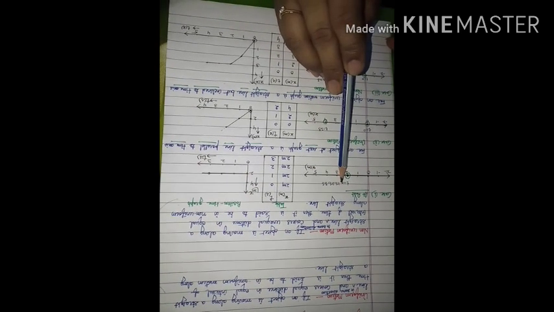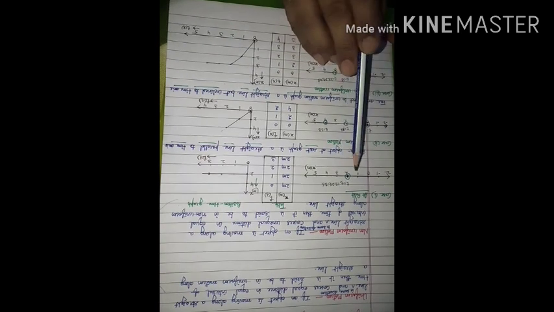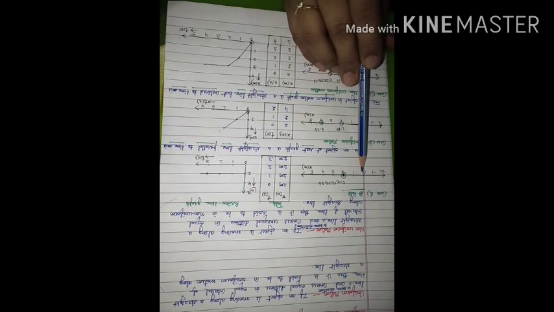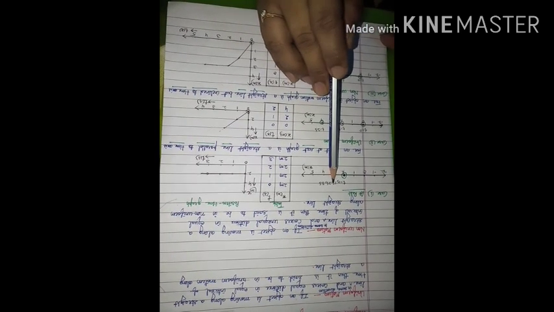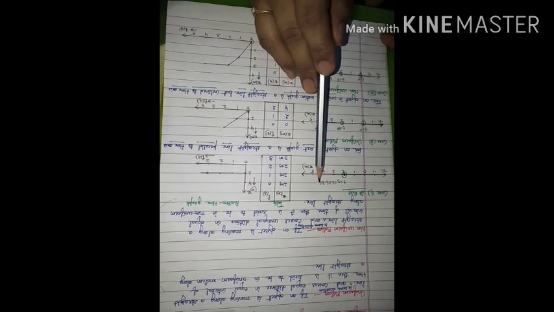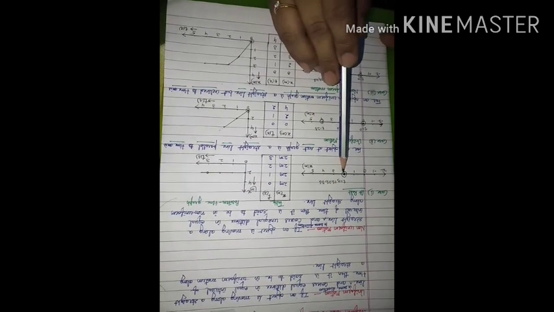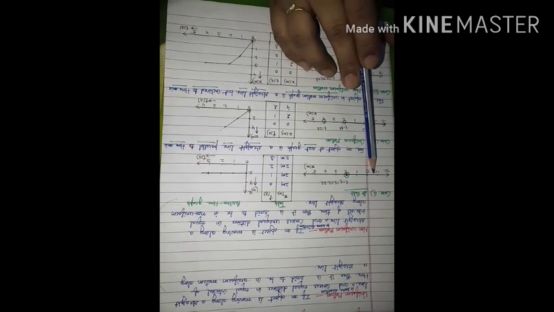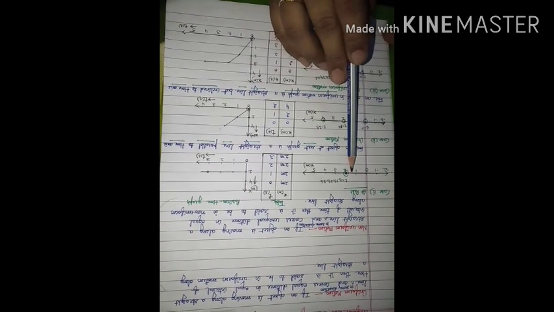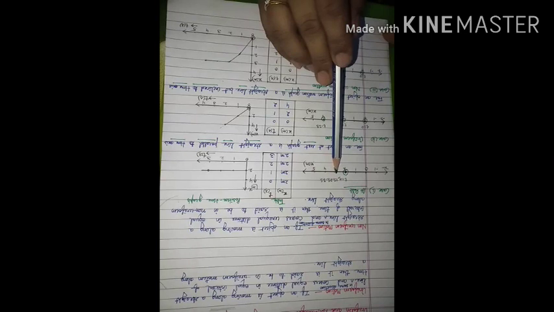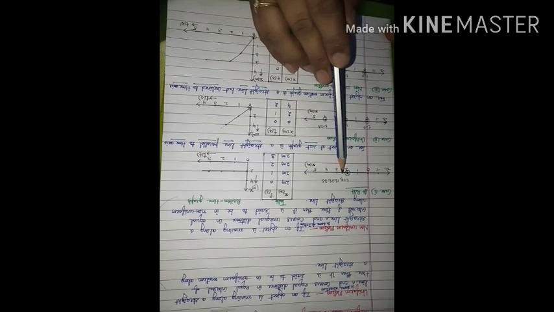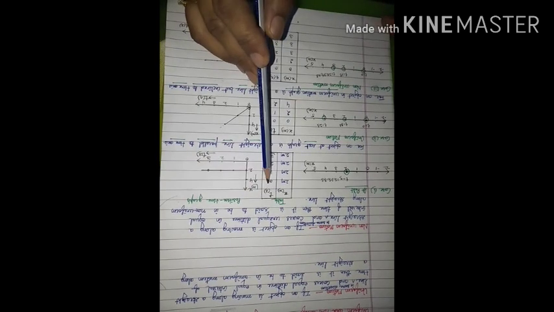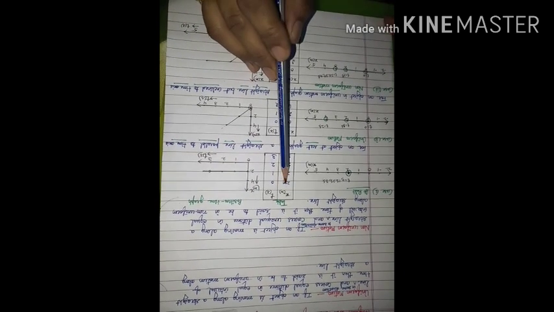When time is 0, when you have started your observation, the object is at a distance of 2 meter from your reference point or origin. Time is 1 second, 2 second, 3 second, then also the object's distance from the reference point will remain the same, 2 meter. If I want to represent this case in tabular form, this side we are going to have time, this side we are going to have position.